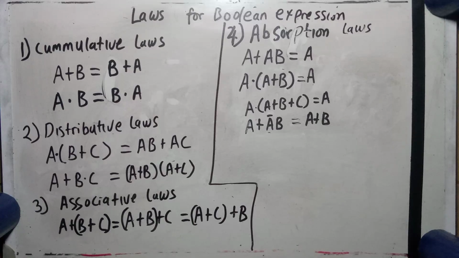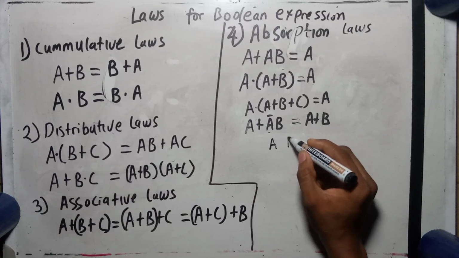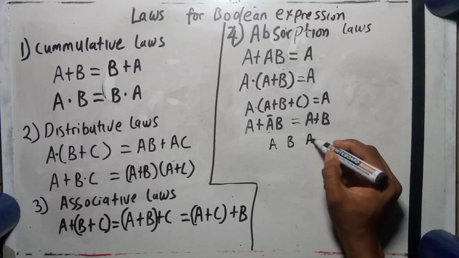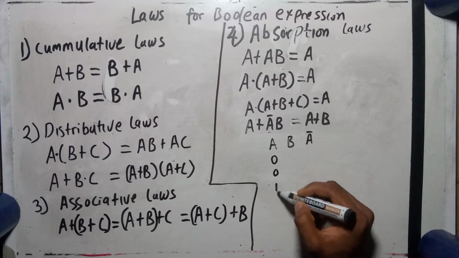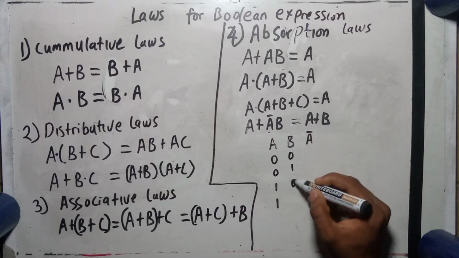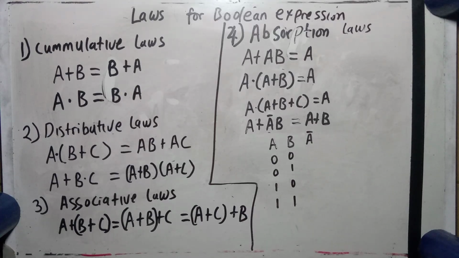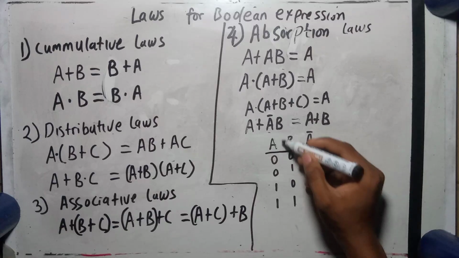With our truth table, we're going to be having A, B, and our A bar. Here is our 0, 0, 1, 1. Here is our 0, 1, 0, 1. So we'll be writing 0, 0, 1, 1, 1, 0, 1, 0, 1. I have talked about this in one of my videos, sir. Bringing it up again will actually be